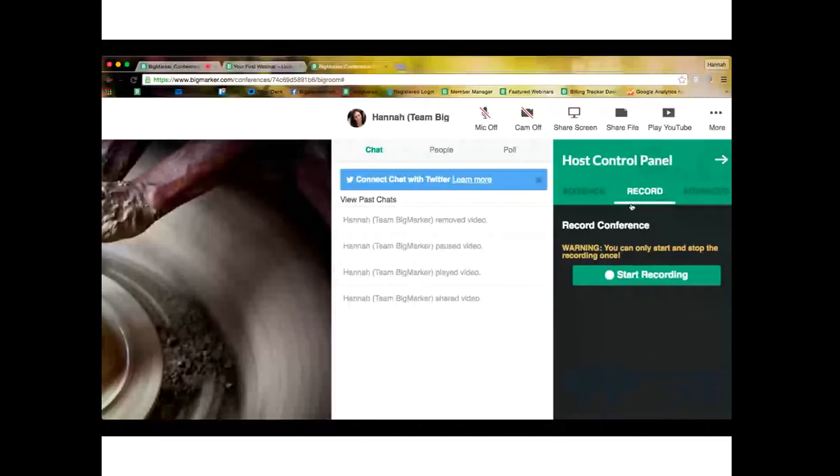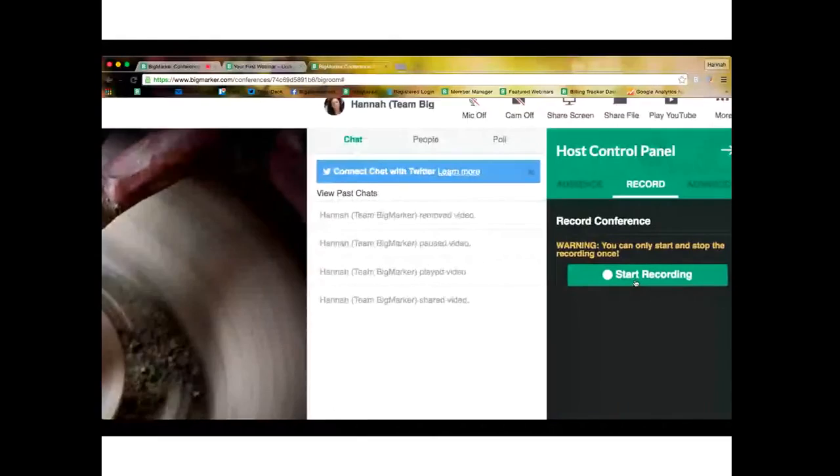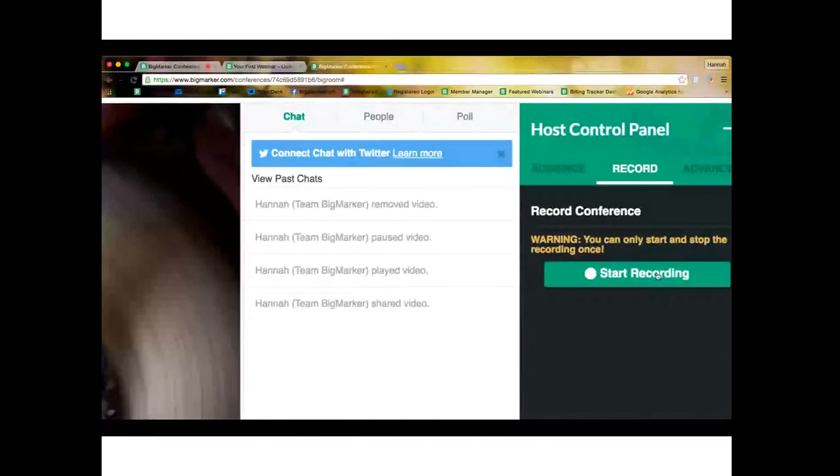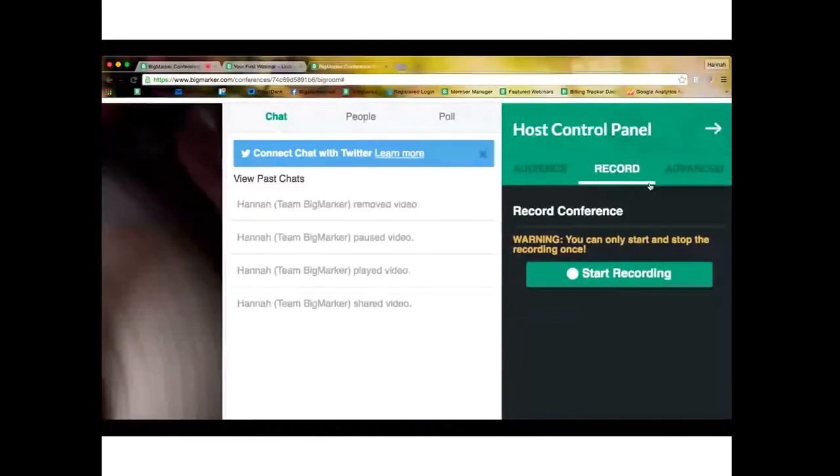Next, record. So if you wanted to record your webinar, which we always recommend, you have in the host control panel the option to start your recording. And it's important to note that you can only start and stop your recording once. So if you do end up wanting to record, make sure that when you're ready to start, you press start, and when you're ready to stop, you press stop, and you don't have quite a bit of lag time in